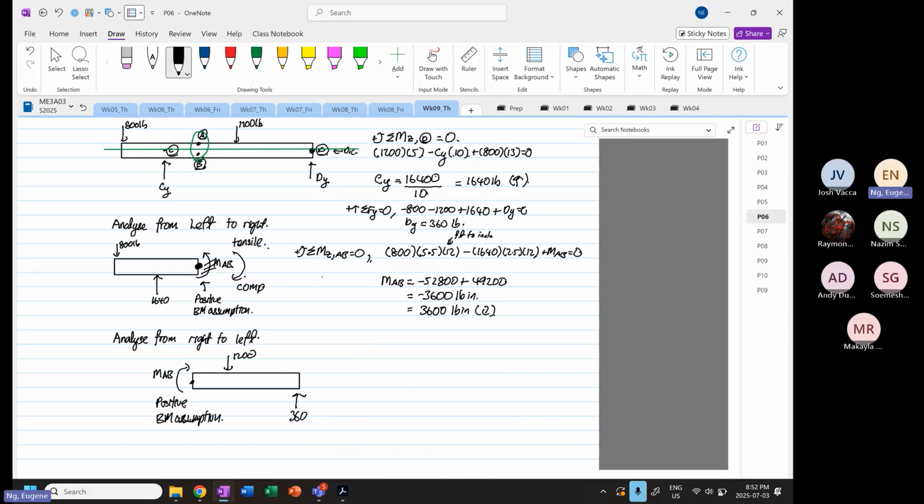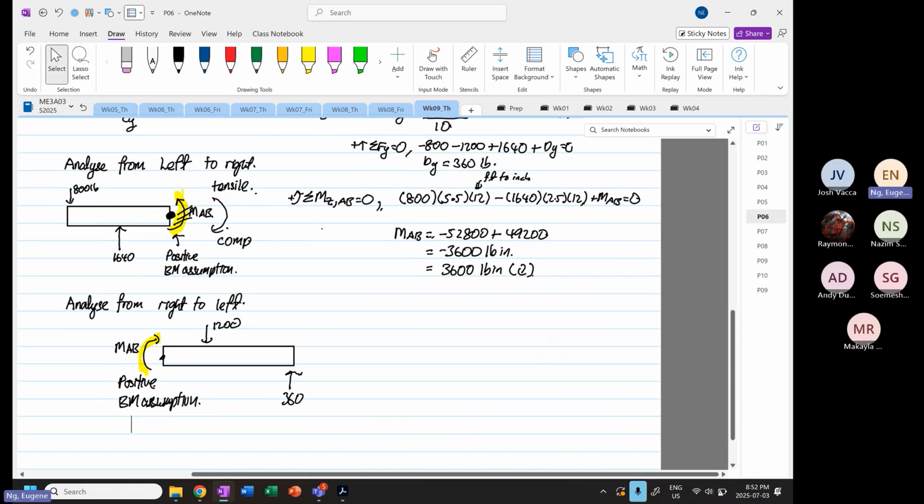Okay, you have to have the habit: when it's from left to right, the assumed direction is this way, and when it's right to left, the assumed direction is this way. Okay, that's where when you learn bending moment diagram and shear force diagram, I believe in 2 P08 you were taught what it means by positive shear, positive bending moment assumption. It is exactly what it means over here. Okay, so from here